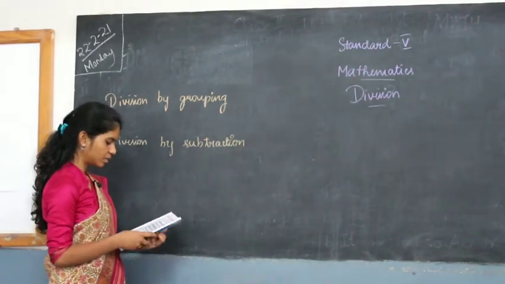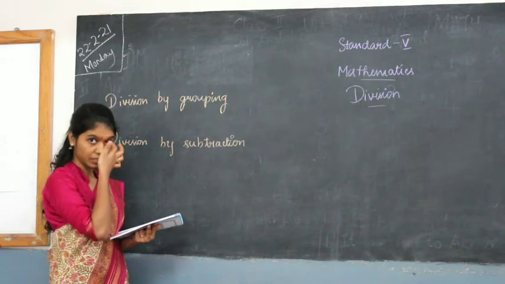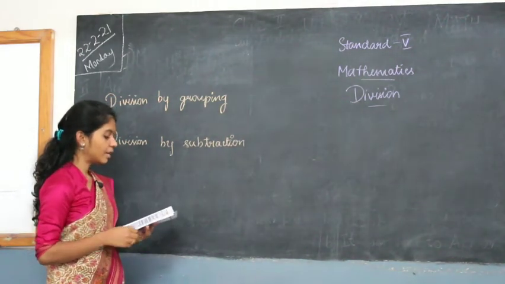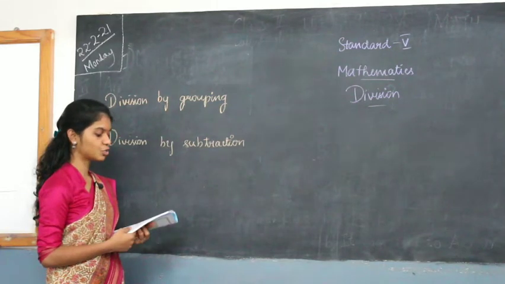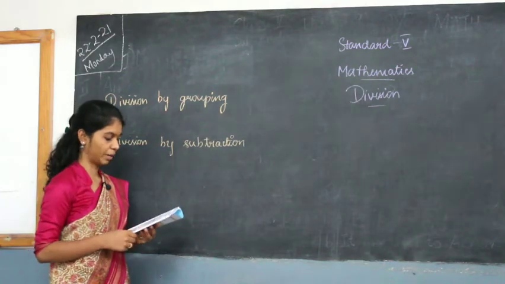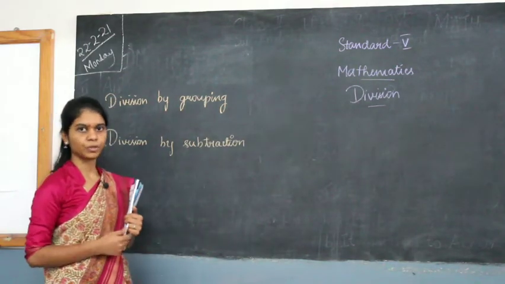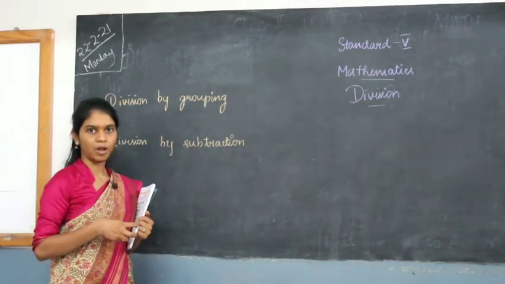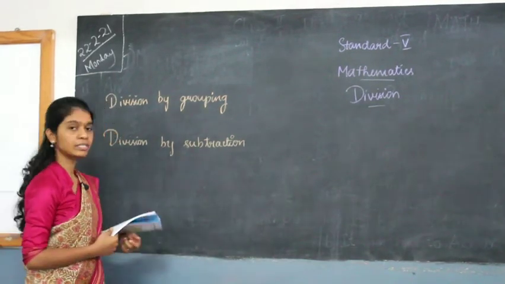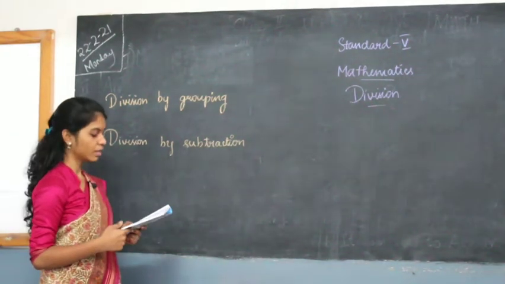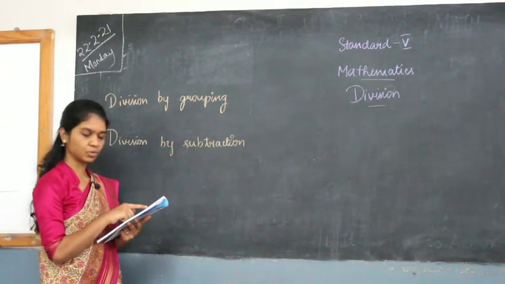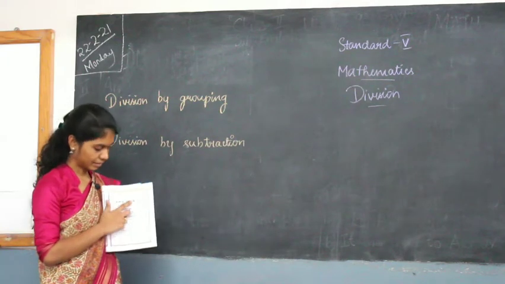Okay, so first they have given you a revision exercise, page number 9. First one: encircle the object as shown in the example and write the answers in the given box. So what you have to do is group them according to the number given as the divisor. First look at example 1. In example 1, how many rats are there in total? 1, 2, 3, 4, 5 and 6.